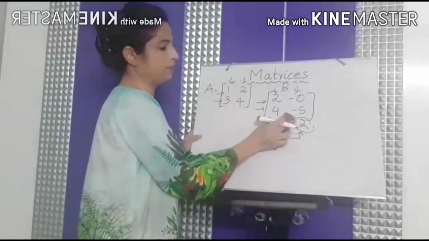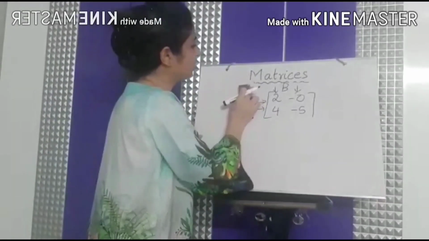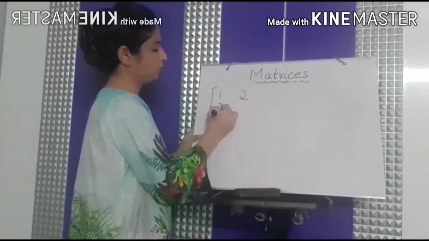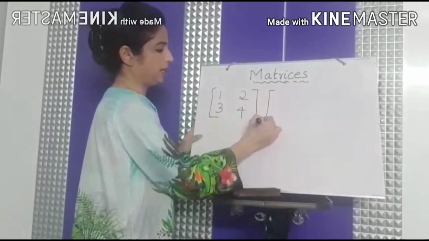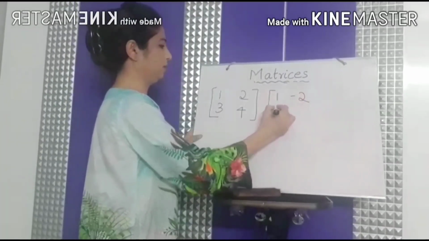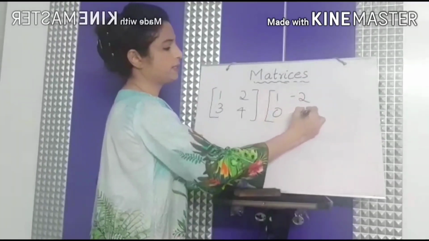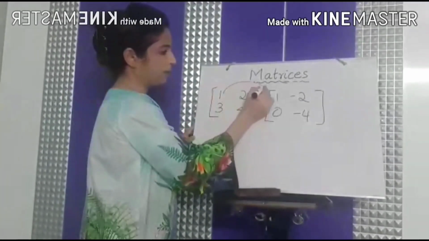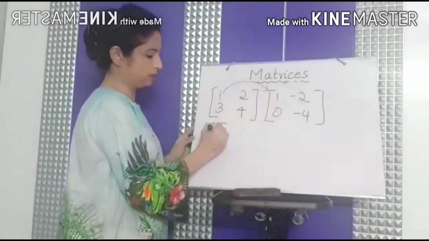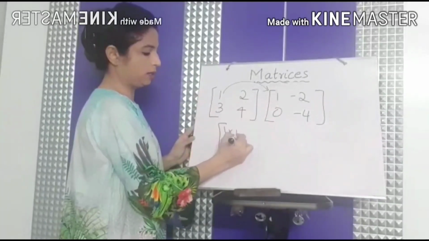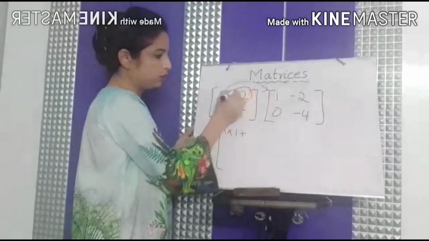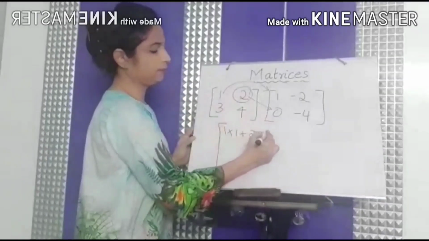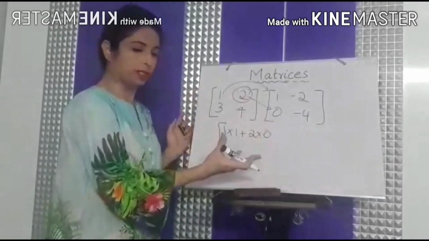So let's start doing the multiplication, and let's write it. So 1, 2, 3, 4, this is my matrix A, and there might be some changes in the elements, but that doesn't matter. And let's take another matrix. So let's first start by multiplying this element with this. 1 multiplied by 1, plus this element now will be multiplied by this number, 2 multiplied by 0. So this whole is the first element of my resultant matrix.